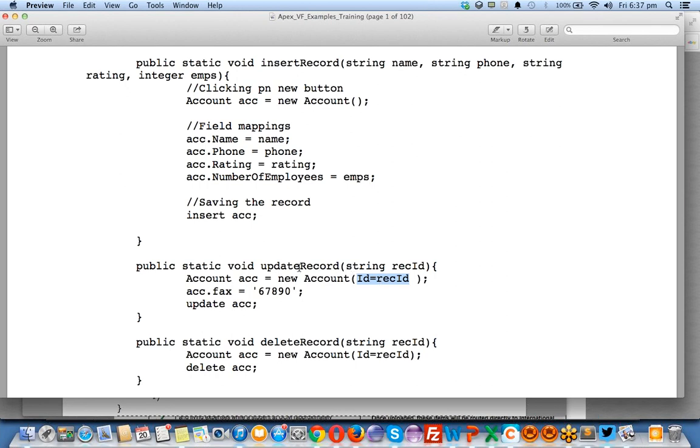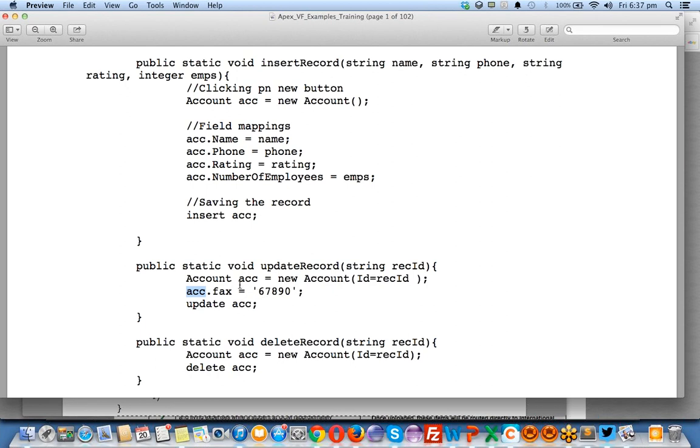You need to check whether this ID exists in the system or not. If the ID is blank, the account will be a blank record, a null value. And acc.fax, I have not inserted the fax value earlier, but here I'm adding it. acc.fax equals some static value I'm giving here.